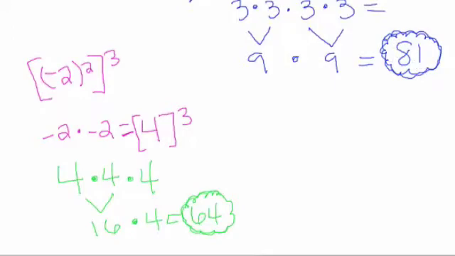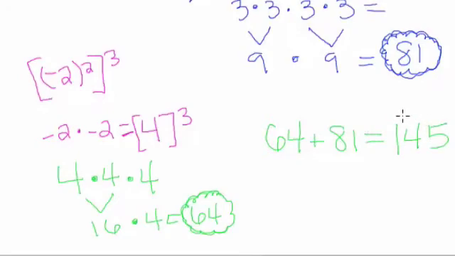What was the original problem? Let's remind ourselves. It was this, negative 2 squared to the third power, which we found out was 64, plus 3 to the fourth power, which was 81. Okay, so we have 64 plus 81. That looks like a 4. I'm really sorry. I'm learning this new software. 64 plus 81 equals